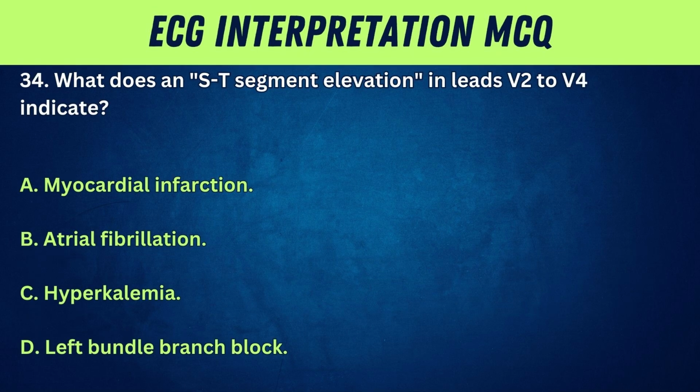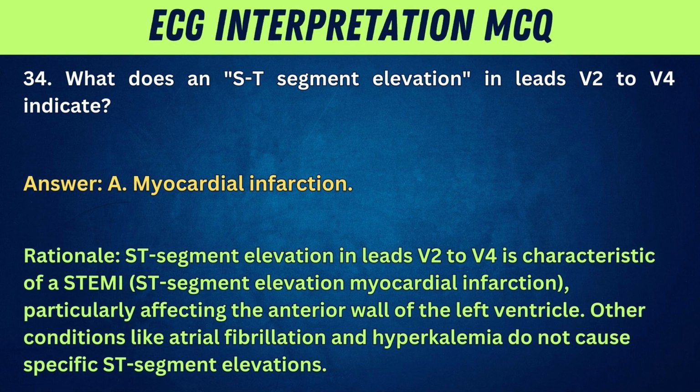34. What does an ST segment elevation in leads V2 to V4 indicate? A. Myocardial infarction. B. Atrial fibrillation. C. Hyperkalemia. D. Left bundle branch block. Answer: A. Myocardial infarction. Rationale: